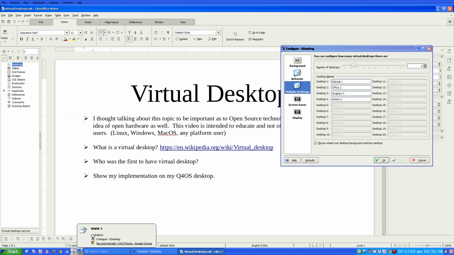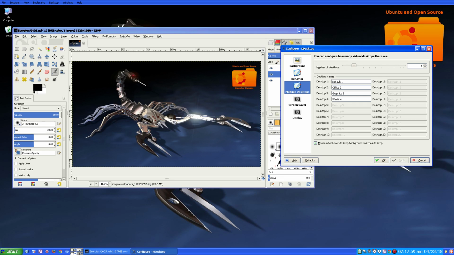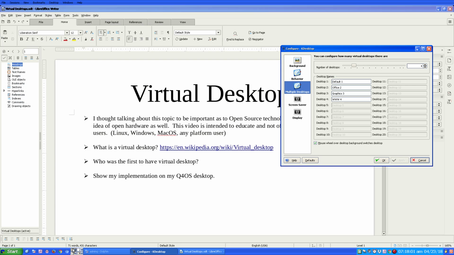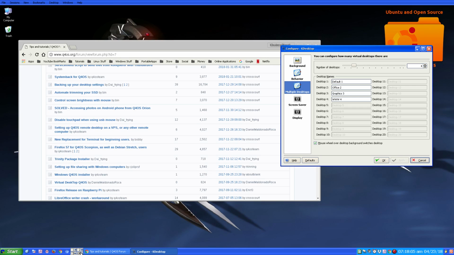As you can see in the configuration over here. So I can just click on them, and now I'm switching desktops. So that's one way. Well, that's the second way. The third way,